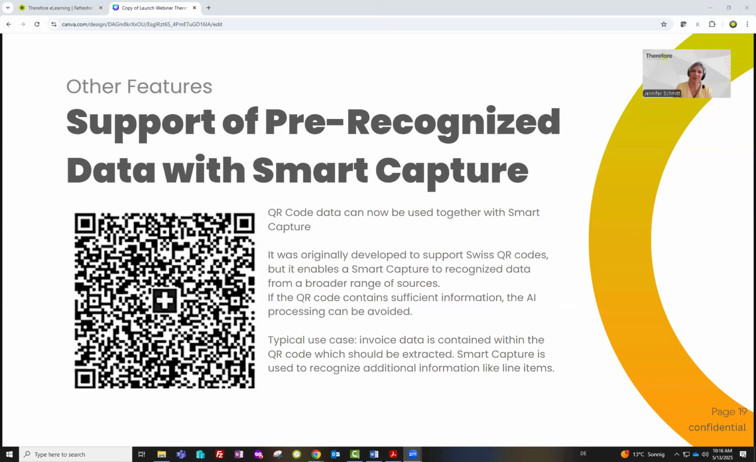In Switzerland, they've taken this a step further, as my understanding is, and they now require all invoices to have a QR code, a special payment slip attached to it that includes this payment information. And the request came in that they want to be able to use a machine to extract the data contained within the QR code, as well as Smart Capture, to recognize the line items, which of course are not contained